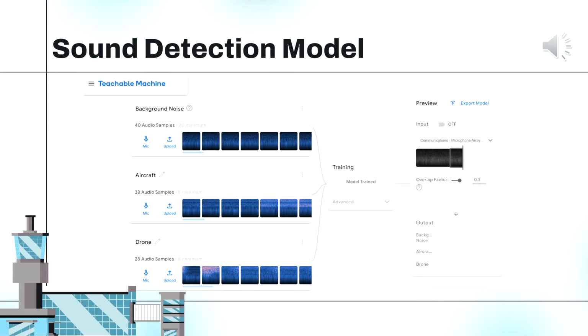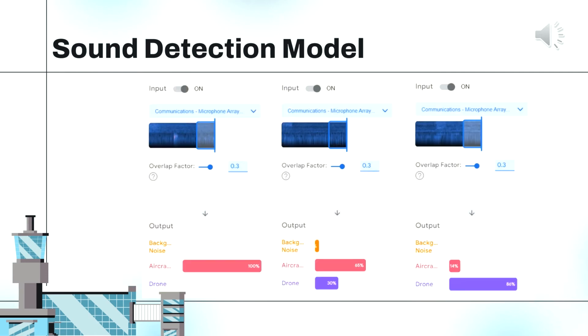For sound detection, a MobileNet architecture is trained on audios of airplanes and airport noises, as well as drones with varying volume levels. These are samples from our testing. We have set the overlap factor for all cases to be 0.3 to avoid any confusion between a drone and an airplane. In case 1, there are no UAVs in the environment, hence, the aircraft class dominates the detection with